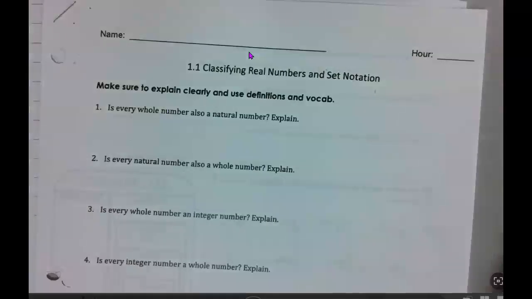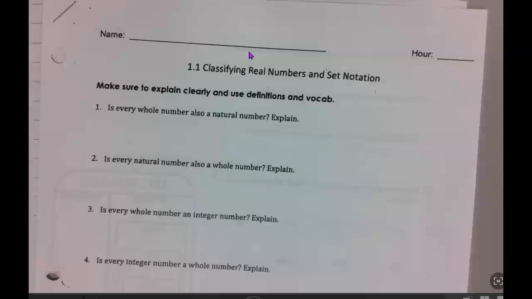Okay, classification. So yesterday you had a worksheet and you classified numbers, right? So you had natural numbers, whole numbers, integers, and that gave you the set of rational numbers, correct? And then you had irrational numbers, and those whole sets make up the set of real numbers, right? Correct?